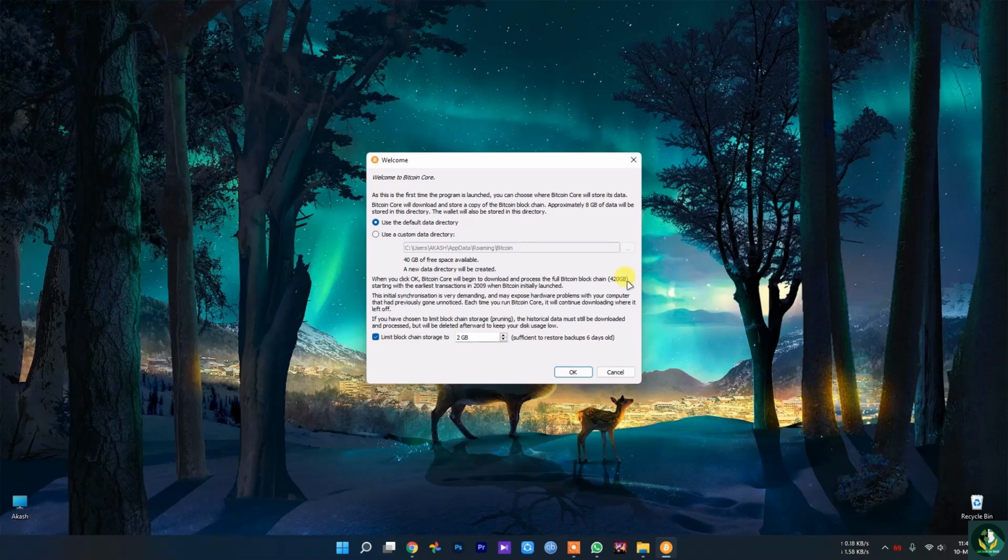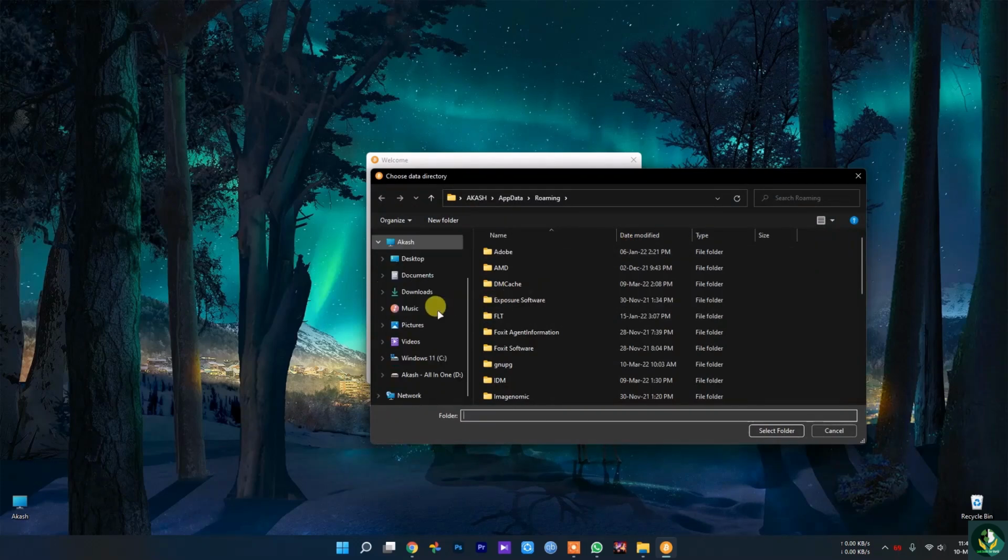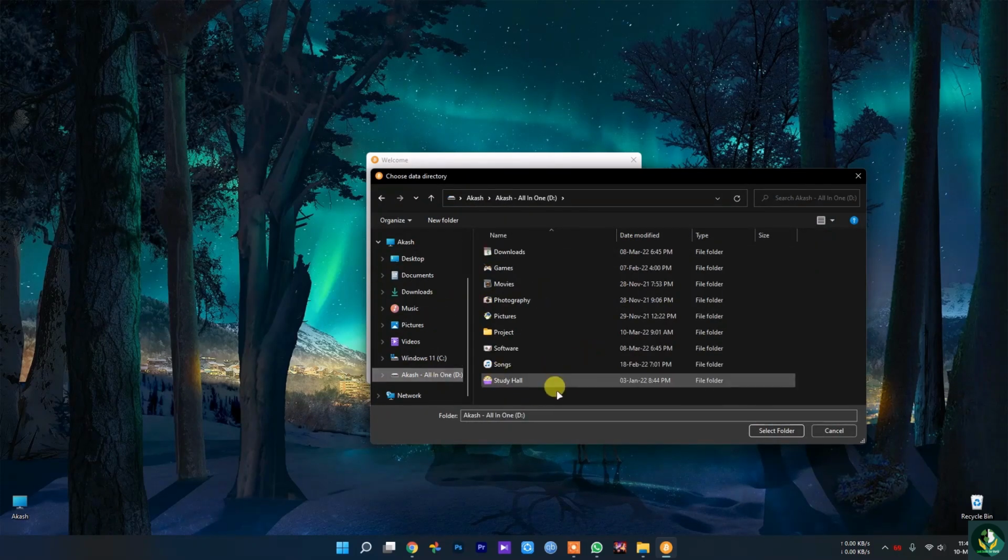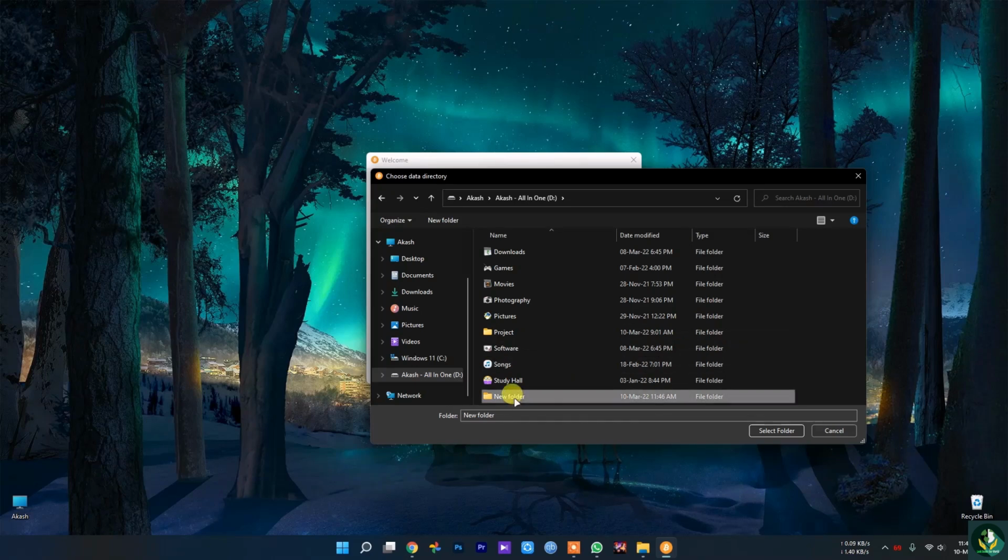If you are not comfortable using Bitcoin Core or using this much data, that's fine. What I'm going to do is use a custom directory because my C drive is already full, so I'm going to use this directory because it has a 1 terabyte hard disk.